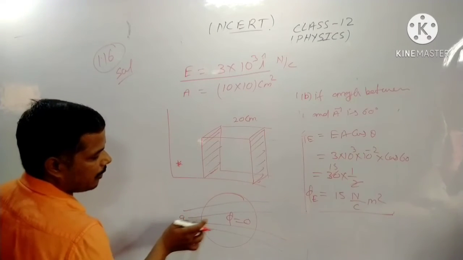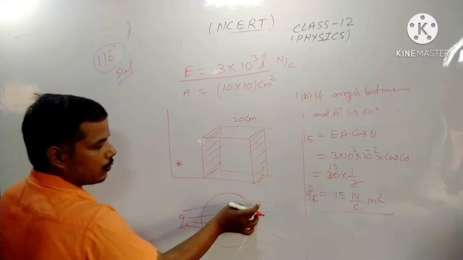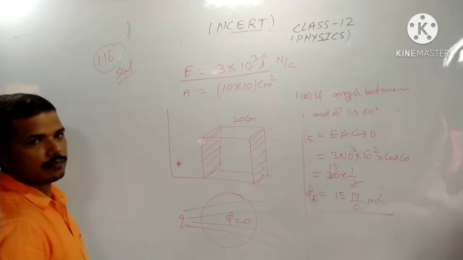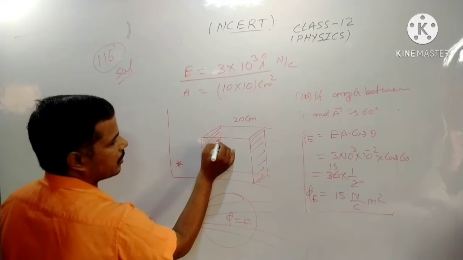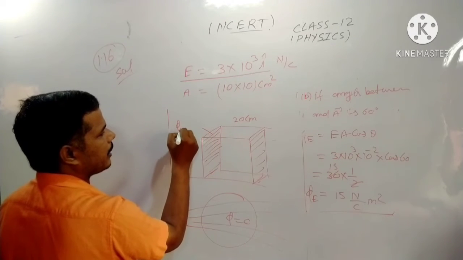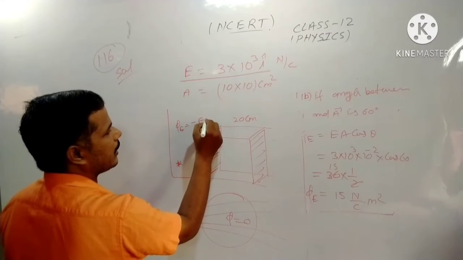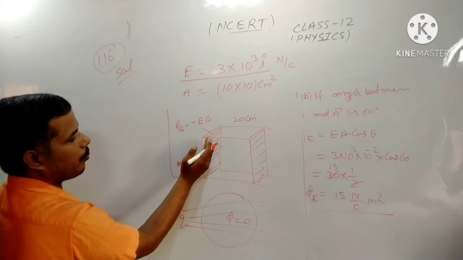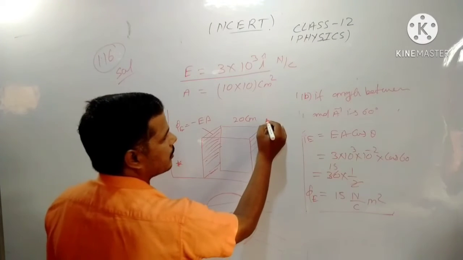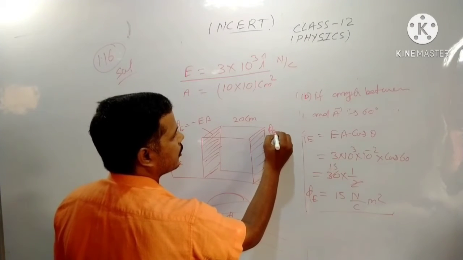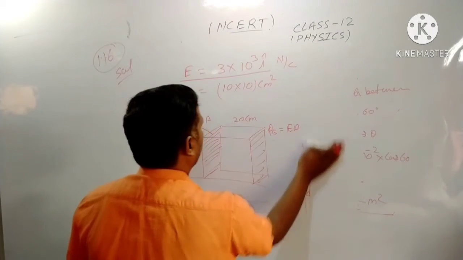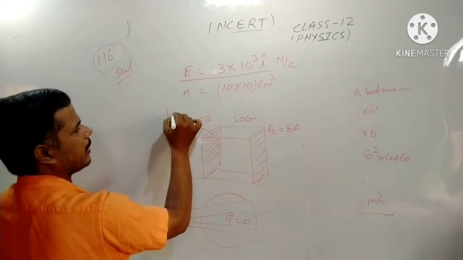How much electric lines of flux enter from here, so much electric line of flux cross through here. So we can say that at this surface, how much its area is doesn't matter. At this surface phi is equal to minus EA because the direction of plane is 180 to this side, and at this surface we can say that phi is equal to EA,